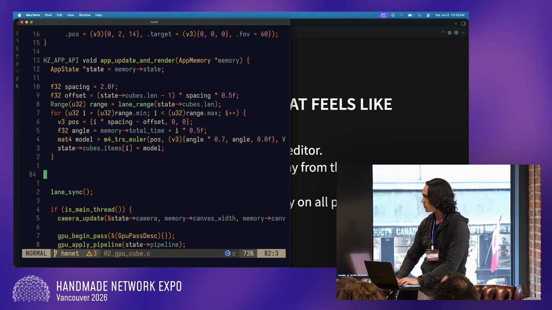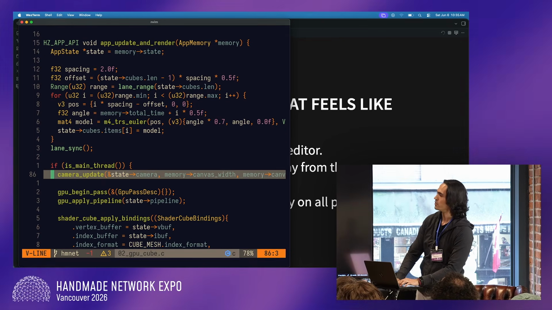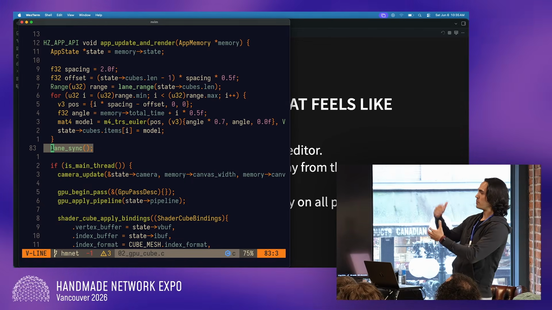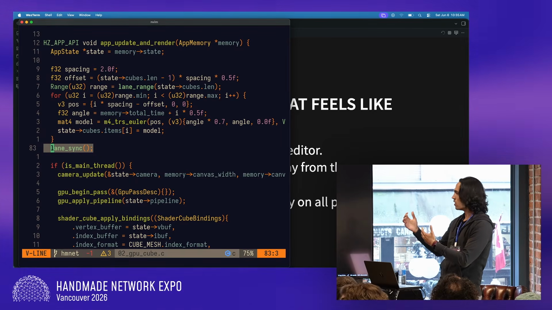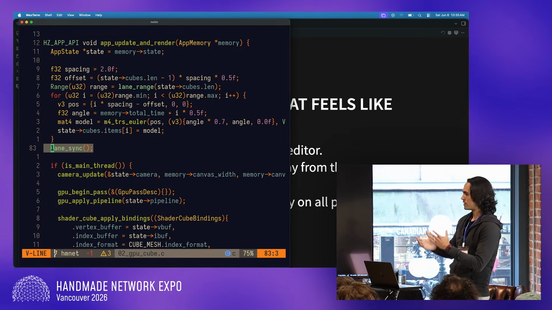If I'm on this thread, then I do this, and then you have to sync. And if you repeat this model again and again, you're going to be adding a lot of syncs, and this will make things slow. And DCS solves for that.